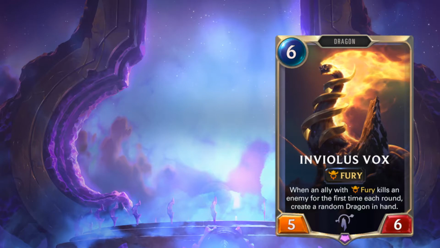I feel like the problem with Vox is he's really expensive. Now you might say, well, isn't this where Herald of Dragons comes into play? Yes, it is. The issue is, I feel like if Inviolus Vox gets on the field and you're killing stuff with your dragons, which is pretty much all Fury is on, you're kind of winning the game already, right? And this is just turning into some win more stuff. I might be wrong, but it's